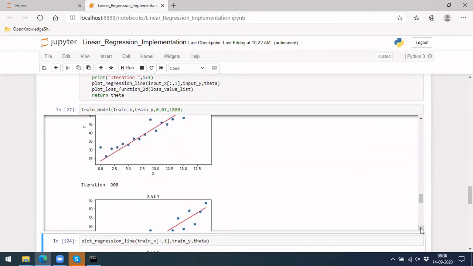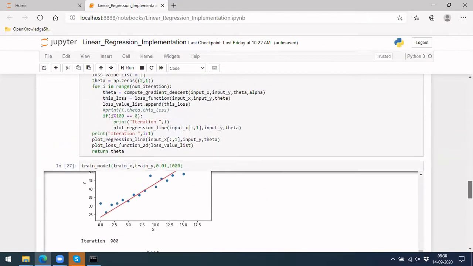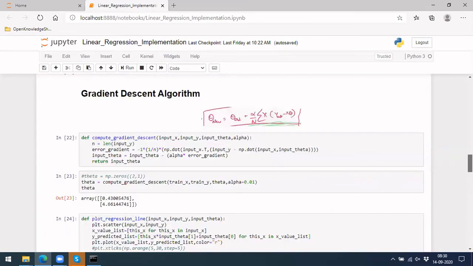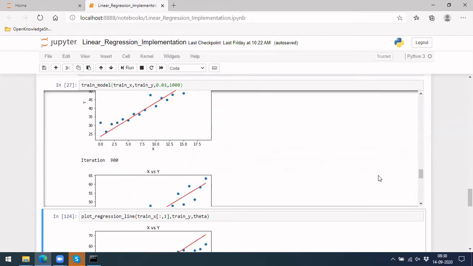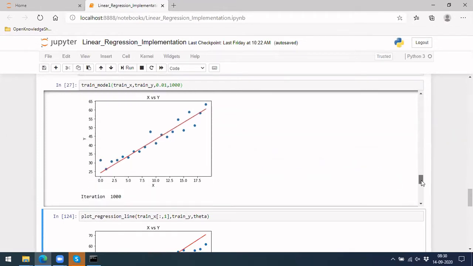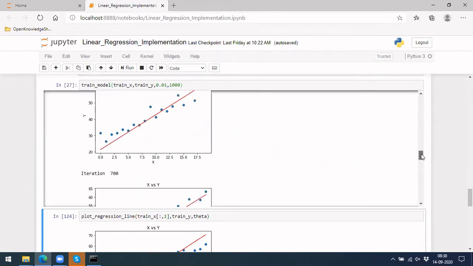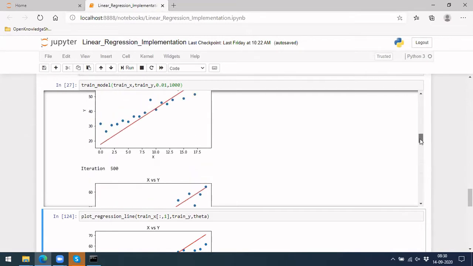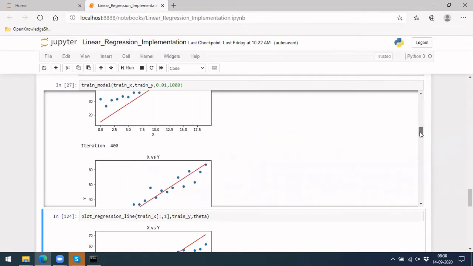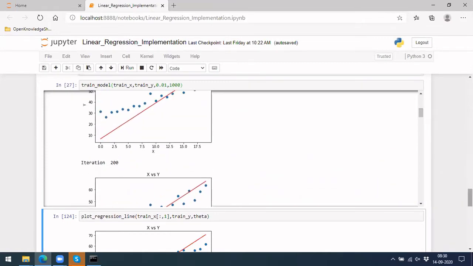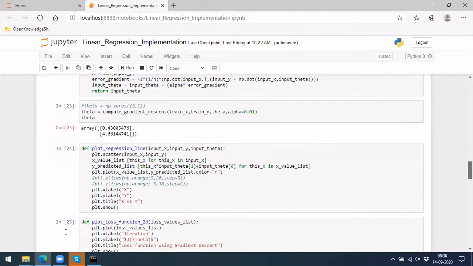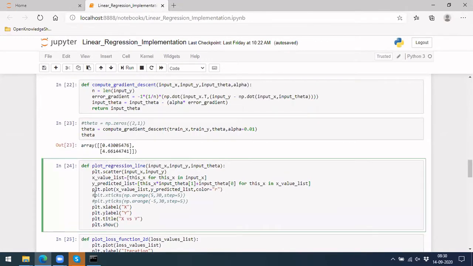Let me do one small thing here. The scale is getting changed every time, like 25, and then it's aligning; now it is 25, but previously it was 20. So you are not seeing the red line being moved, though the red line is actually moving. Let me add those two things here, so it will fix the axis.